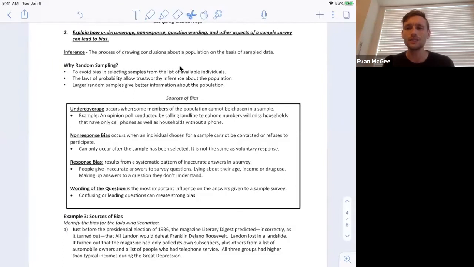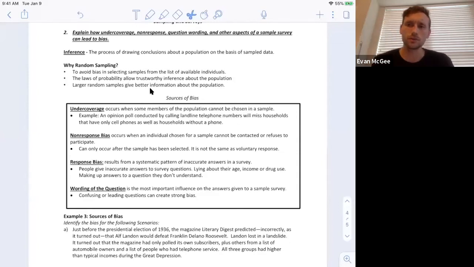And so we really need to make sure we have a representative sample of the population. Why the randomness? The reason we have random is to avoid bias. That's the number one thing. If people are randomly selected from the population, then there's no influence from human behavior. There's no favoritism. We can trust the laws of probability to help make inference. More on that in the future. Another thing to remember is larger samples give us better information. We have more about the population to use to make inference about the larger population.